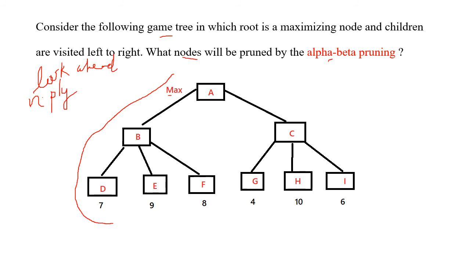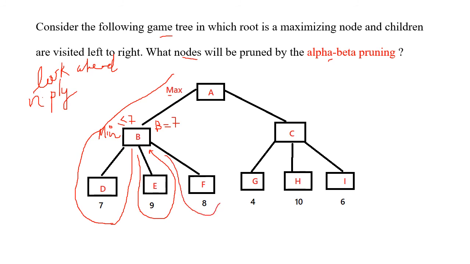Now, the value 7 is returned to this B. In min-max games, alternate players are min, max like that. So here the player is min. This B is a min player and expects a value less than or equal to 7. Now continue this traversing. 9 is given back to B and the current best value for this min player is 7. So beta is 7 itself.